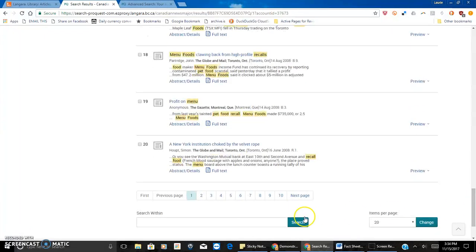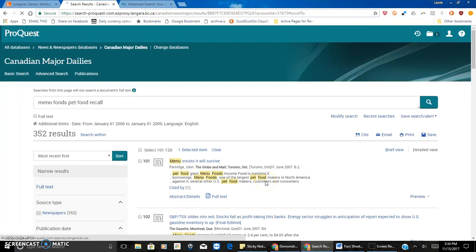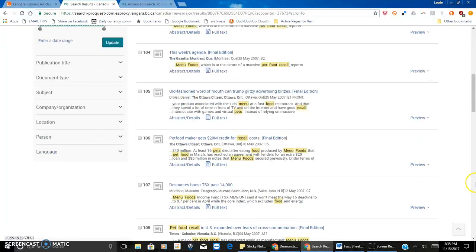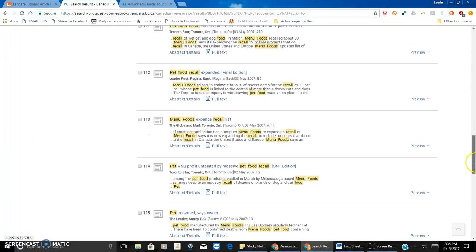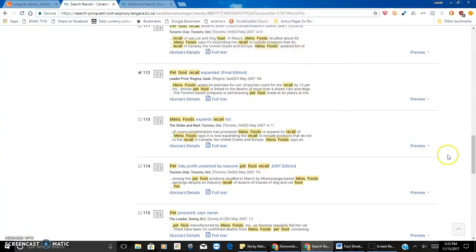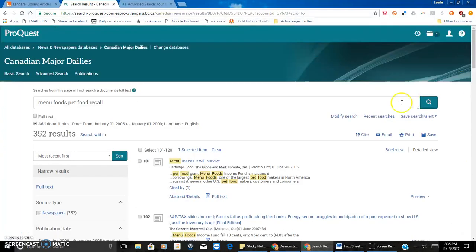So you could go back maybe to page 6, or you could further refine these. You may want to restrict it to certain publications, as I mentioned, and then if you find one that you wanted to select, so let's say for some reason you wanted to select this one from the Regina Leader Post. Got an error there, but we'll just try that. You could, and if you actually were going to use that one,